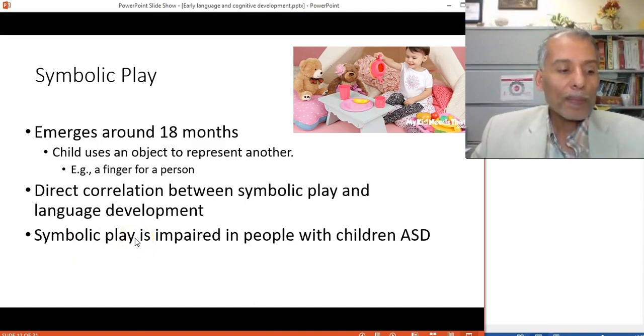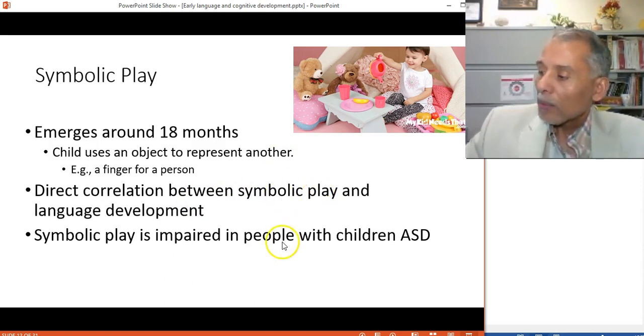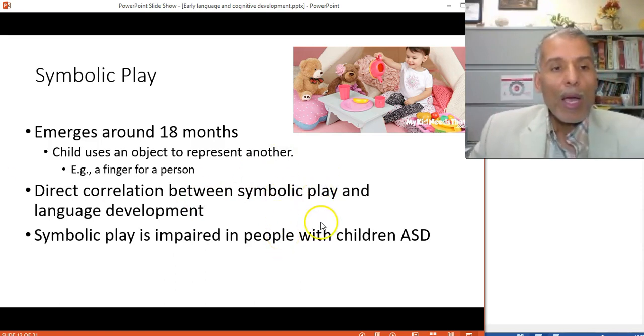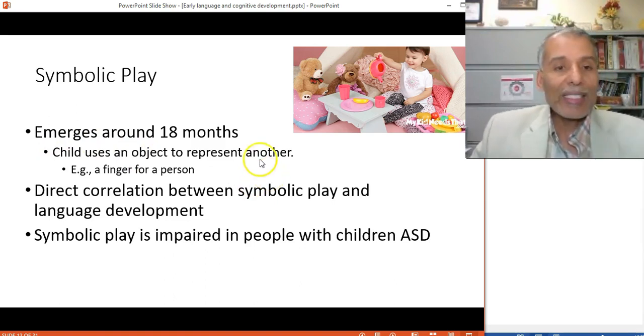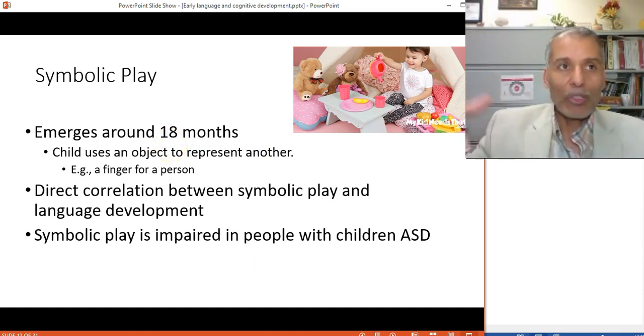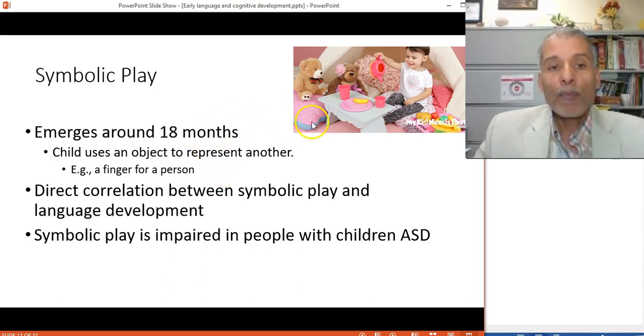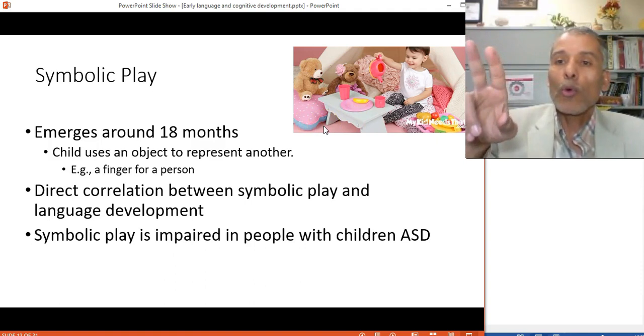Symbolic play, also called pretend play, or imaginary play, is robust and strong around 18 months. One of the reasons, again, is that between 18 months and 2 years of age, you have long-term memory building up and becoming substantial by age 2 years. So there's a lot of vocabulary. The child at that time, 18 months, begins to combine 2 words and 3 words to make a proto kind of sentence.